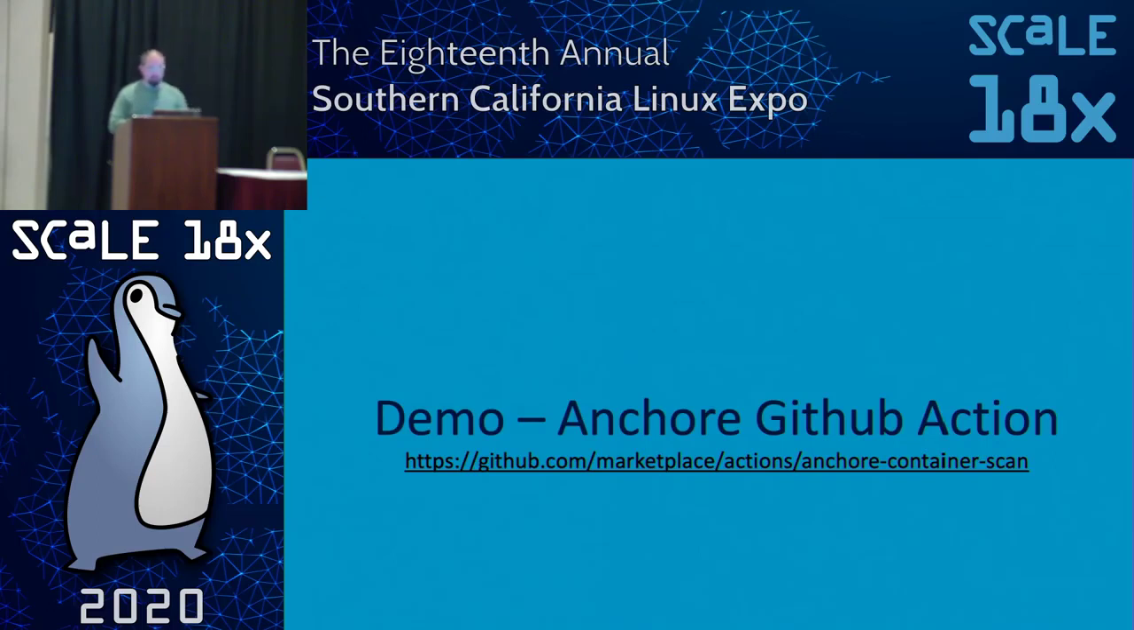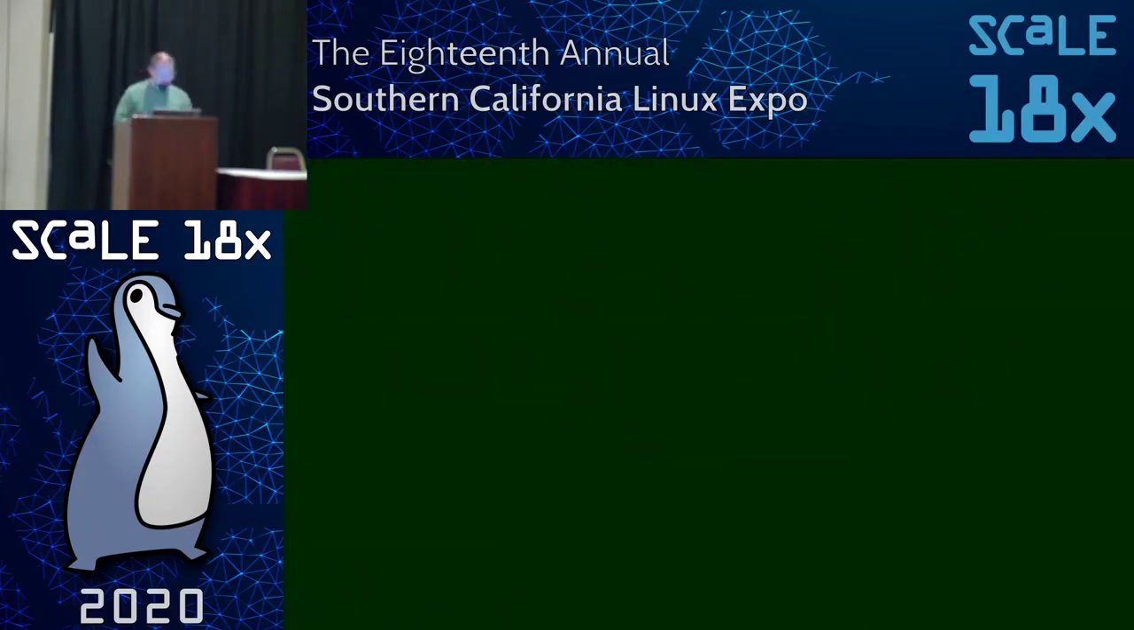You can write your own actions, of course, and then there's a marketplace for actions. So Anchore's created an action. It's free, another thing I love about it. What it does is it will take a container that you build via GitHub Action, and it'll scan it with Anchore and give you a report on that. So let me